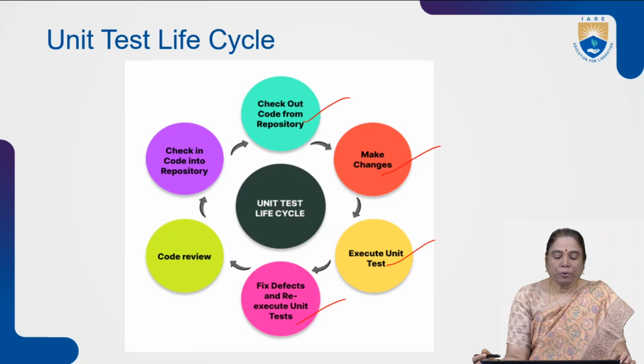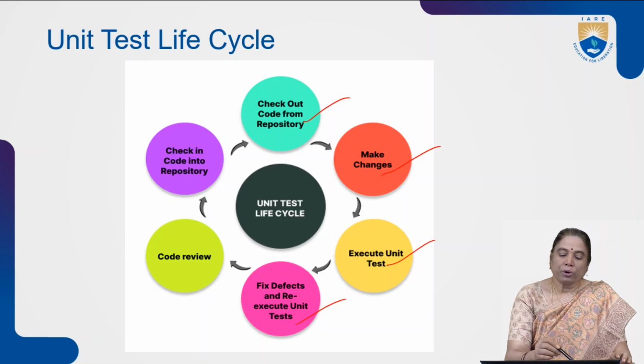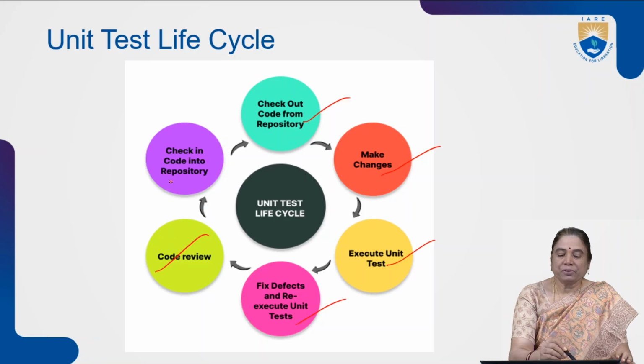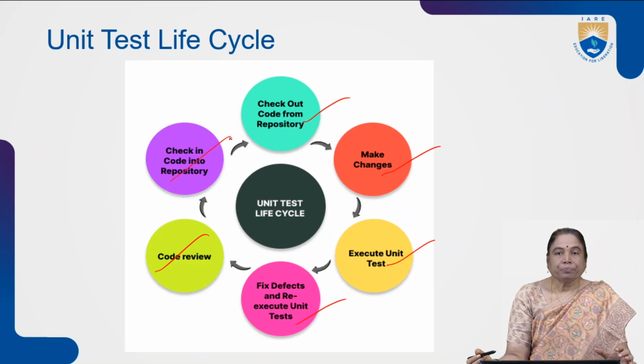If the expected output and actual output are both the same, then the test is pass, otherwise the test is fail. The failed test cases can be recognized as defects so that the code can be reviewed and modified and checked into the repository again. So the unit test must concentrate on designing the test case, executing the test case, and writing the defects in the defect logs and updating the code.